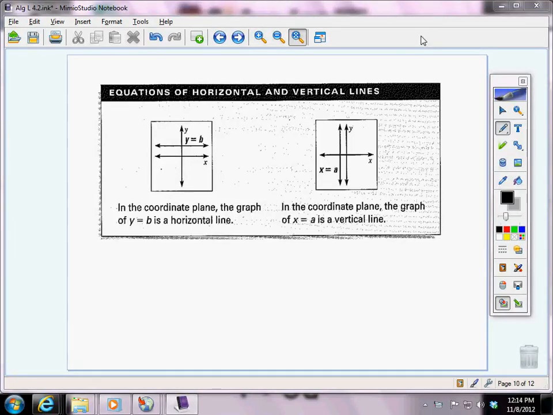Let's discuss the equations for horizontal and vertical lines. Horizontal and vertical lines are kind of special. They're going to look a little bit different. Their equations are going to look different than what we're used to. So if you look at a horizontal line here, it's going to be